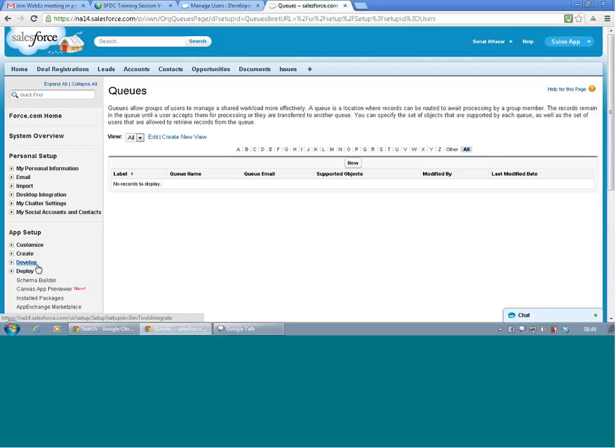Why can a queue not own an opportunity? If an opportunity is created, it immediately contributes to the pipeline report of the owner of the opportunity, which means the owner cannot be a queue. It has to be a single user, because I am a sales rep and I have a sales target, and my performance is measured based on opportunity values.